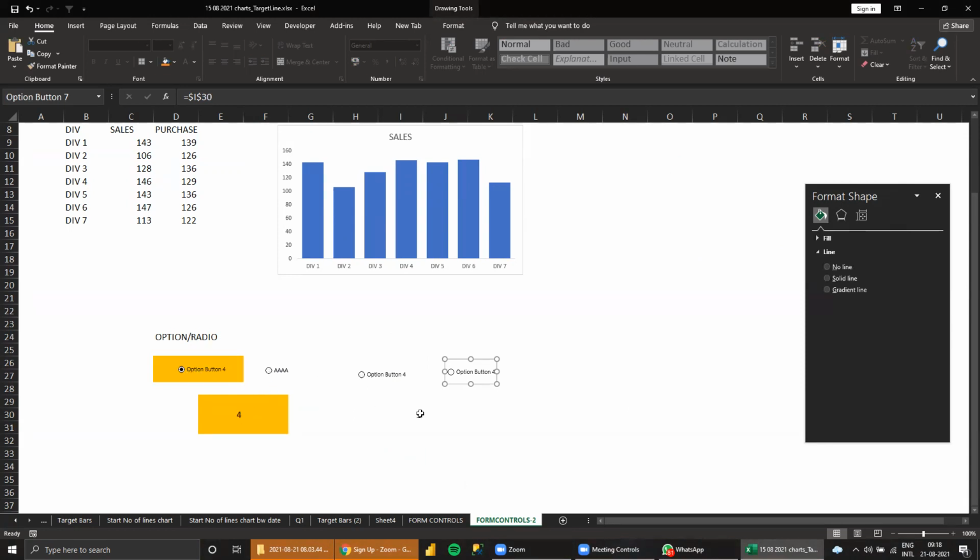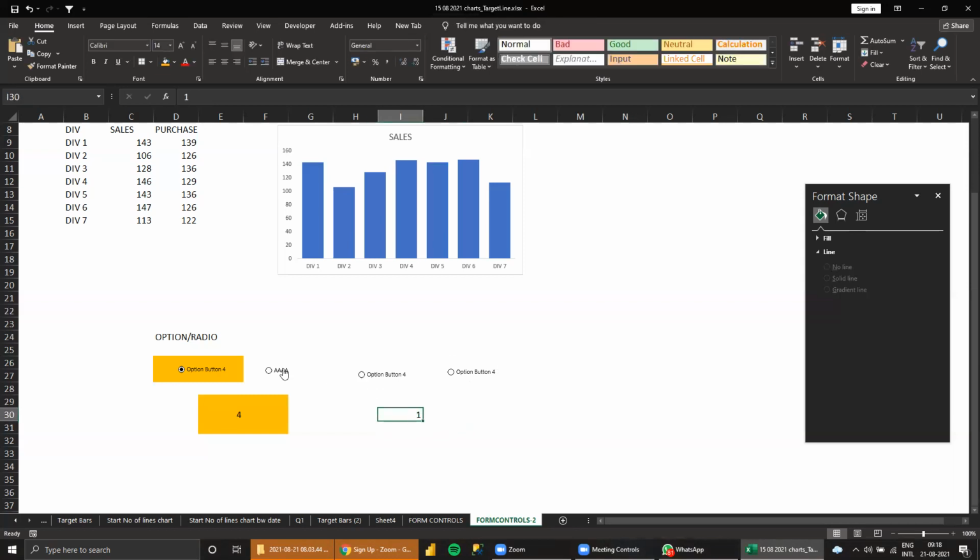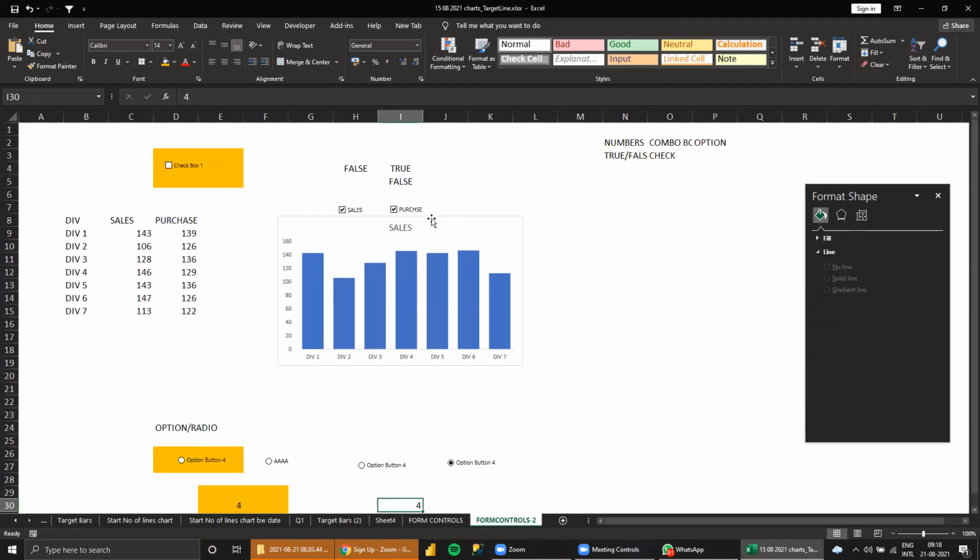Wherever the latest link is given, only that cell will be linked for all the option buttons. If one option button's link changes, all the option buttons will use this one.